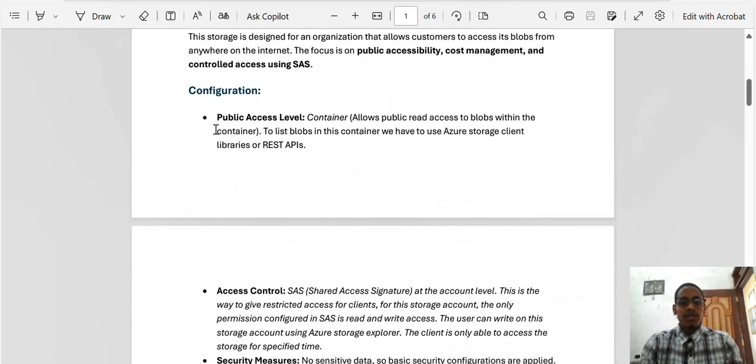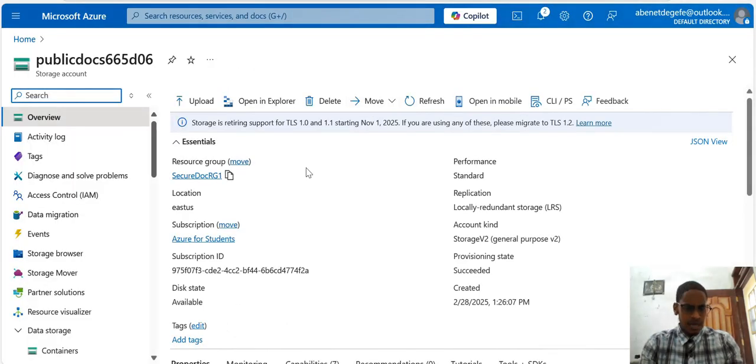So storage one, the first configuration in storage one is allowing public access. That means allowing the public endpoint of the storage account to be accessible through the internet. We didn't want to restrict anonymous access. So we can see how it is configured